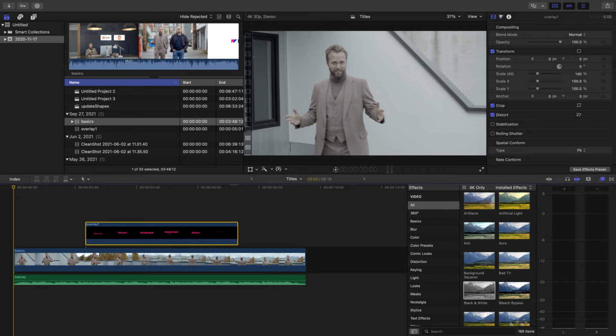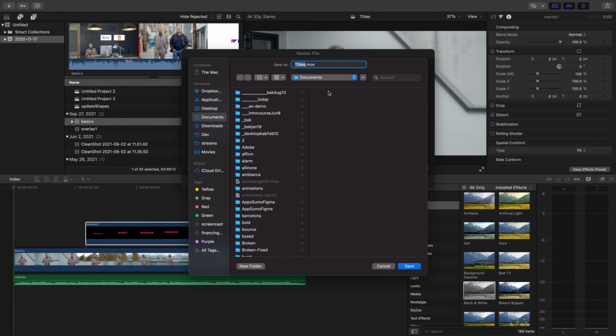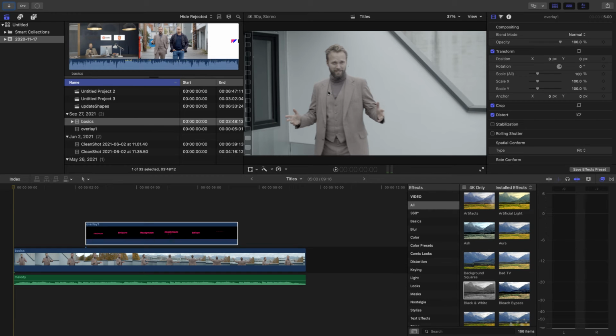Okay, now let's just go and export that to make sure that it exports nicely. We're going to create a master file. And this is our video overlay. We're making it not in 2020. And we are going to say next. Save it here, overlay, overlaid, because that's what it has been done. And Final Cut is going to get to work